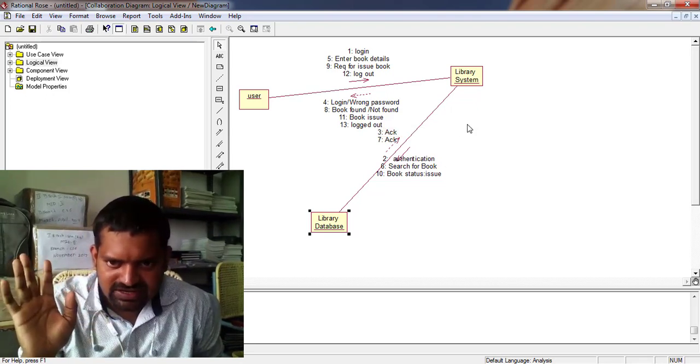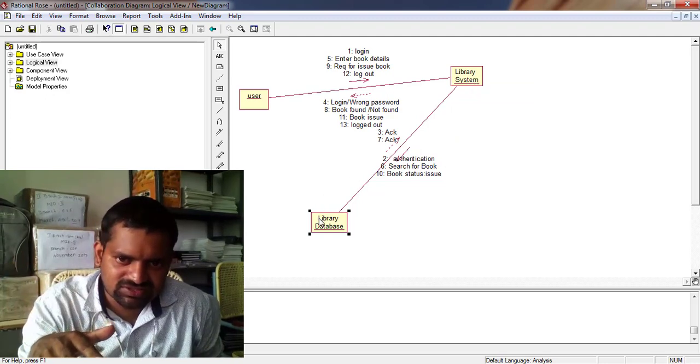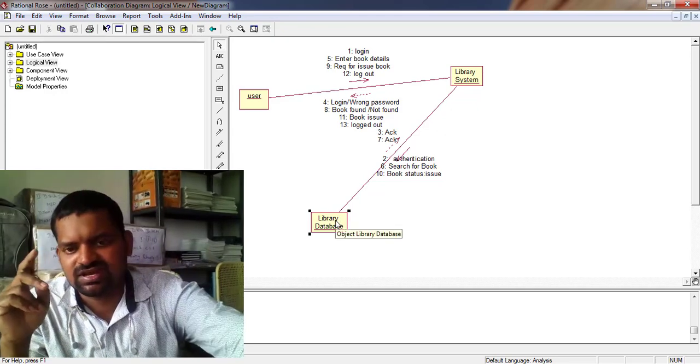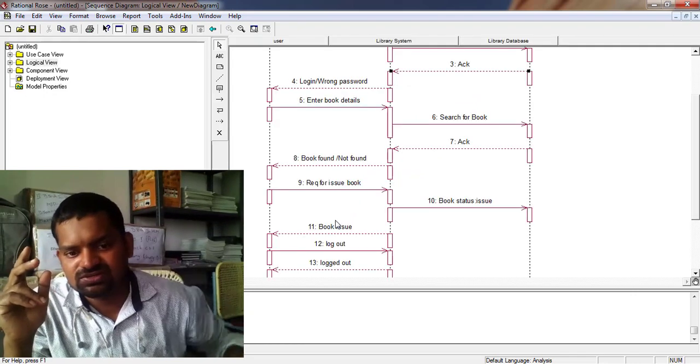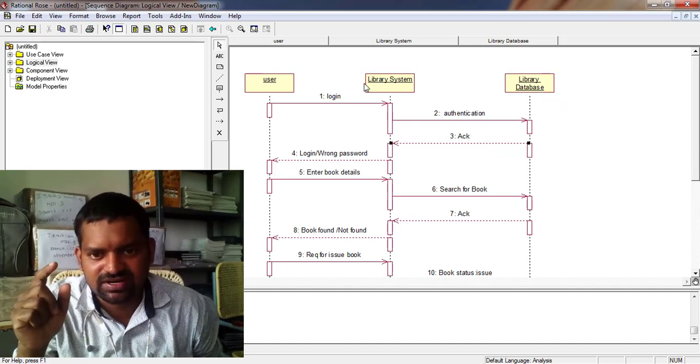Okay. So next, library system to library database. First of all, choose the message, library system to library database. See, this is the library system, and this is the library database.